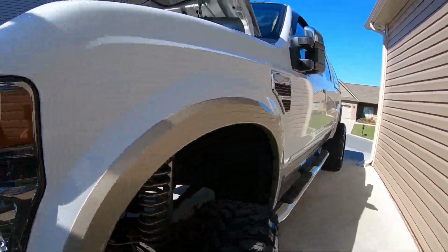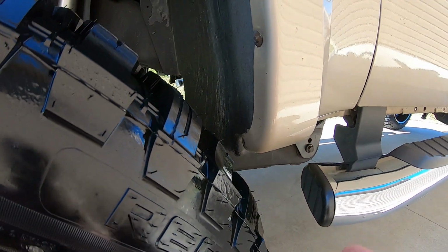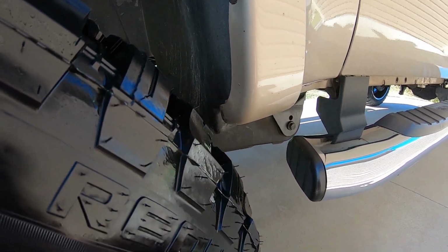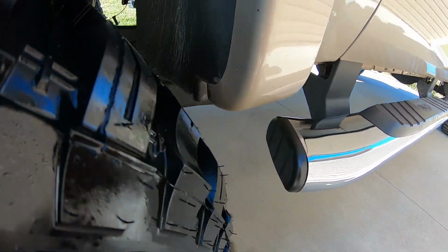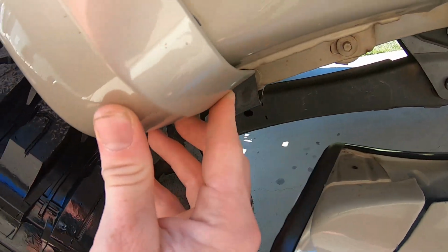And here is some of the issues. As you can tell, that's pretty close. If you looked on Instagram, somehow I got like 150 likes on the picture of the tire hitting it. So yes, you can see right there that we're having a little issue. But what we're gonna try to do, because I did hit a bump and it kind of pulled it down a little bit,